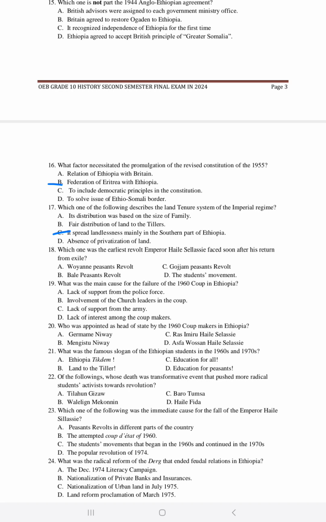A, Woyane peasant revolt. Woyane was in 1943. It was led by Bilata Hailemariam Ratta. B, Bale peasant revolt. The Bale peasant revolt was from 1963 to 1970. C, Gojam peasant revolt, especially in 1968. D, student movement, in